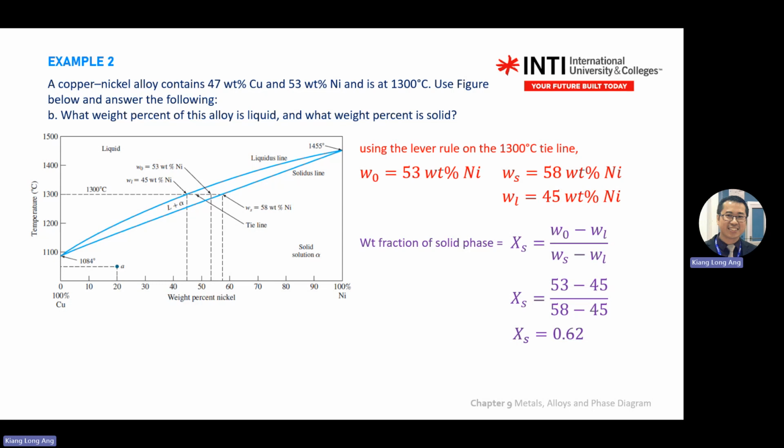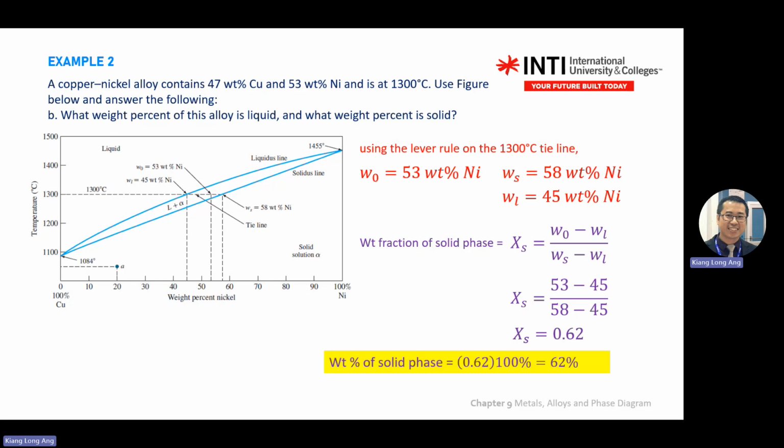Same answer. Because it's a pair, it comes by pair. You want to use the percentage of copper also can. Our working here, we are using nickel. Why nickel? Because we are more familiar with the 0 to 100 system rather than from 100 to 0. So that's why I very focused on the right hand side parameter. Okay. So your answer for this one, the A,